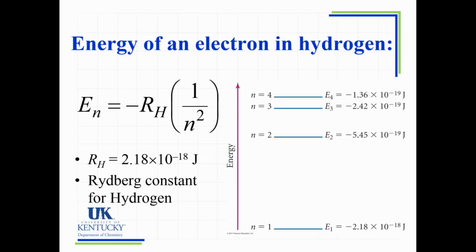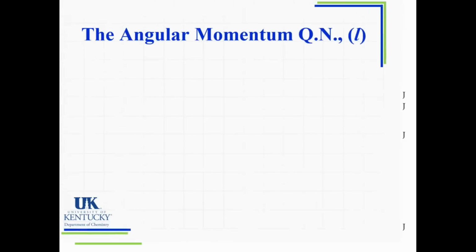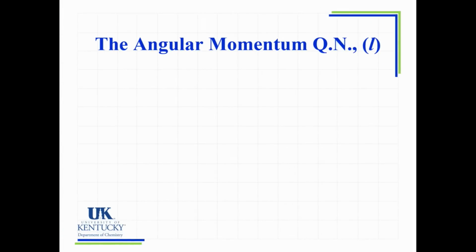And then we have N equals 3 and N equals 4, and we could calculate the energy of an electron. But what I want you to really note is that the bigger the N, the higher the energy, because we are dividing by a bigger and bigger value. And I've underlined hydrogen just so you know if you're ever asked to calculate the energy of an electron, you can only use this equation if it's for a hydrogen atom. All right, ready to go to the next value.